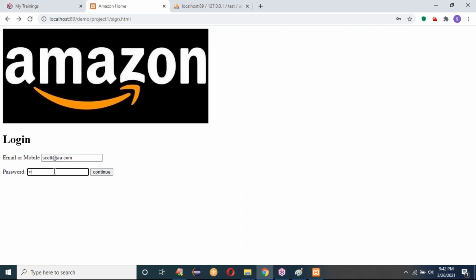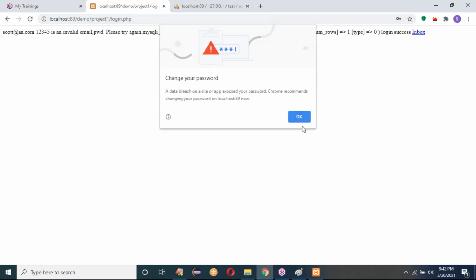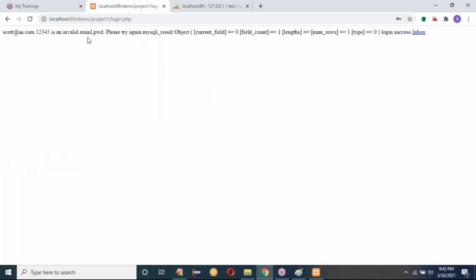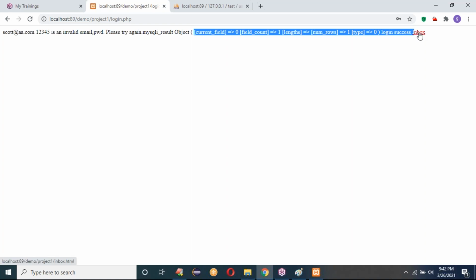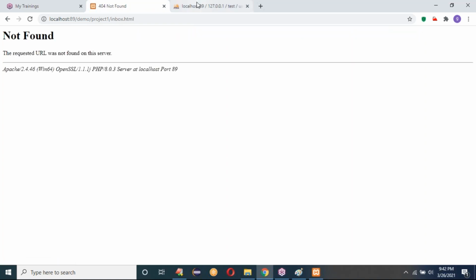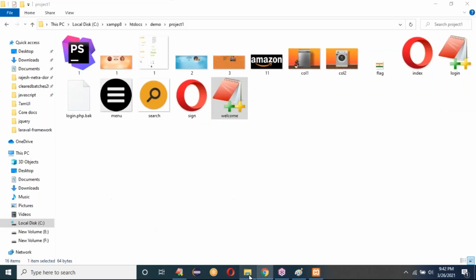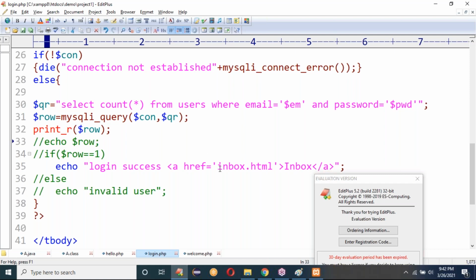Here once again, 1 2 3 4 5 is my password. I just click on continue. By that, see here that please try again is coming from my above manual result. But from my database, it is showing login success. You can redirect to the inbox page. This way, in front of you only, I created one front end to database query execution, and again giving the result as an inbox page. So the total application we created here, the total round trip cycle. We created MVC architecture in front of you. This way we can develop our real-time applications. Is it clear?